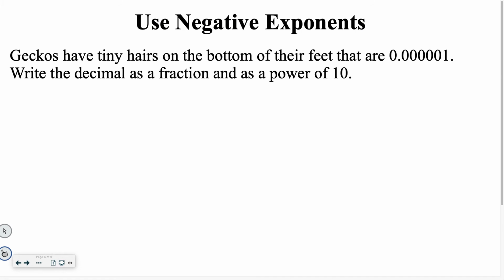Geckos have tiny hairs on the bottom of their feet that are 0.000001. Write the decimal as a fraction and a power of 10. Okay, so this is kind of starting to introduce what we are doing tomorrow, but this introduces it nicely. So if I have 0.000001, so I have 5 zeros, I have to move this. Okay, so